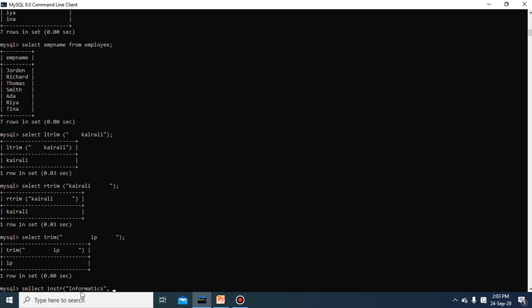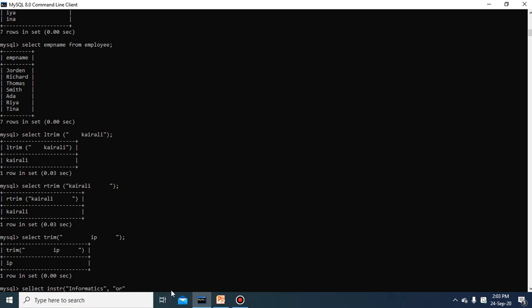The instr function returns the position of the substring. And which substring position do you want to return? The position of or, or simply o. Because if you return the position of o, then r automatically is the next number, since or is a consecutive substring.